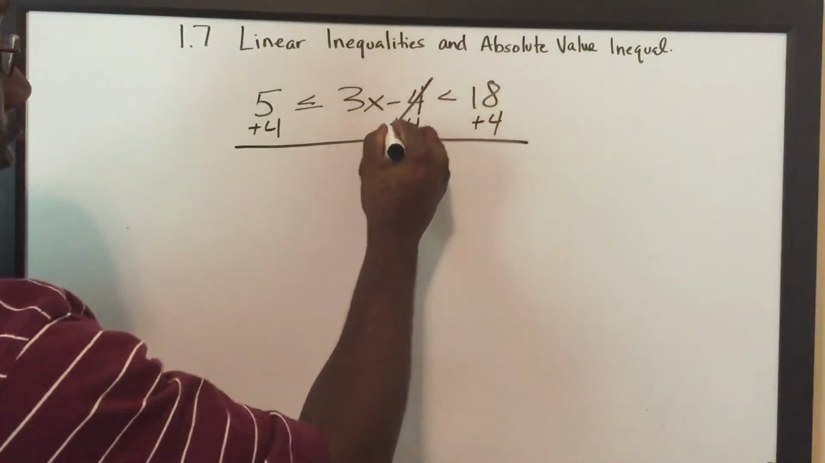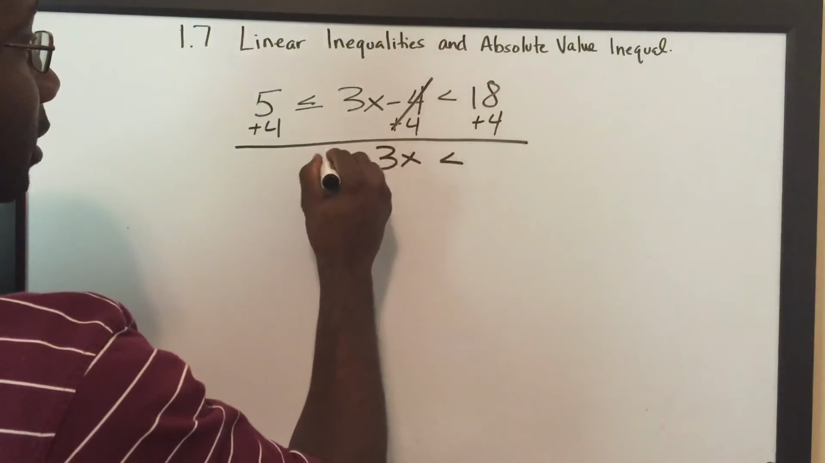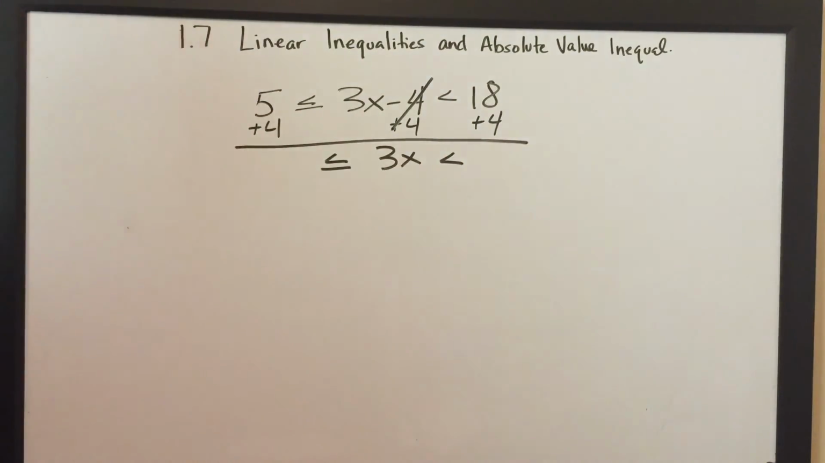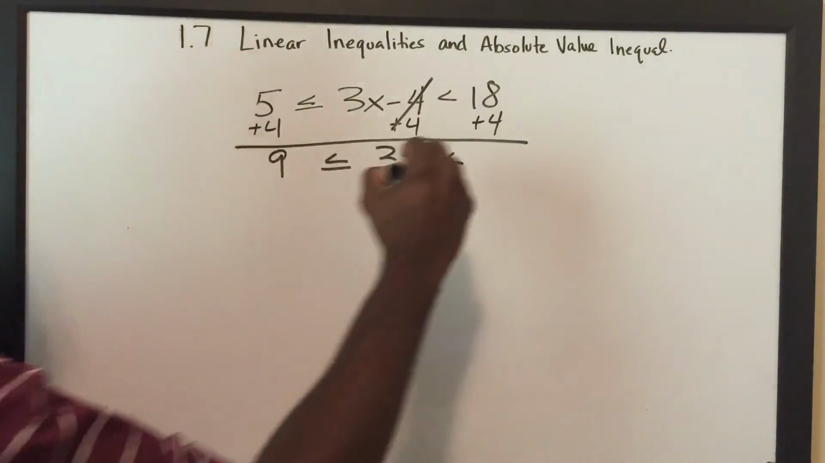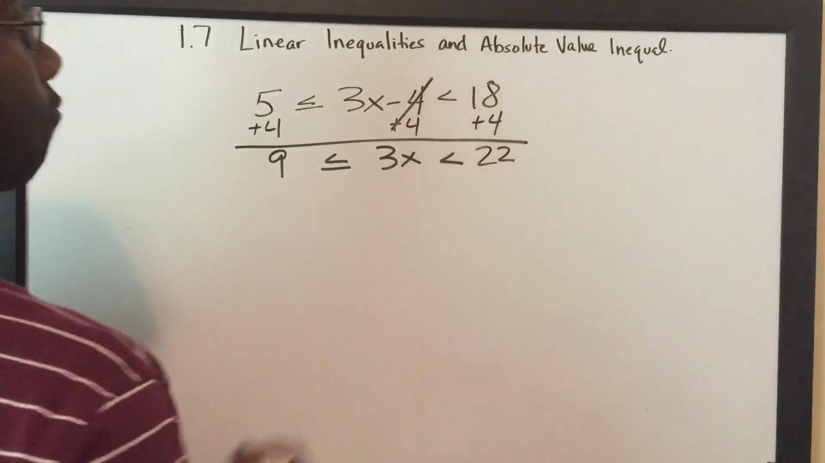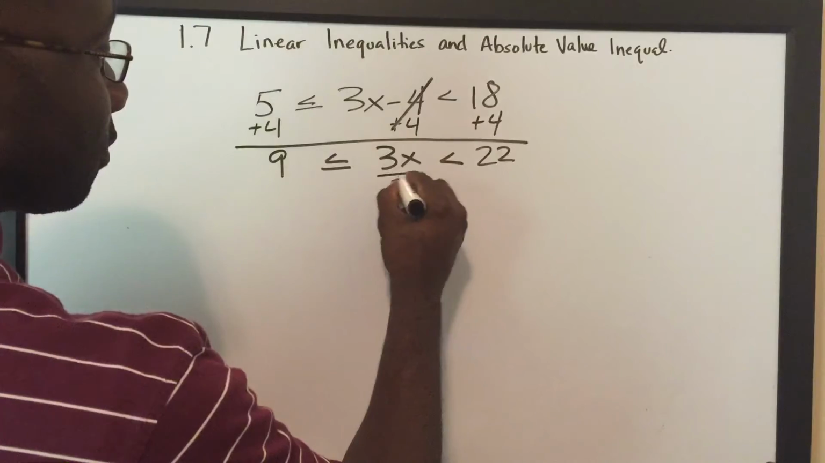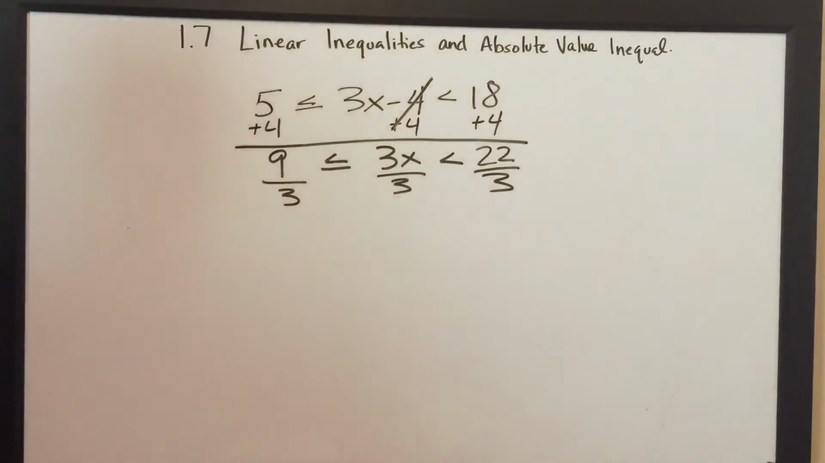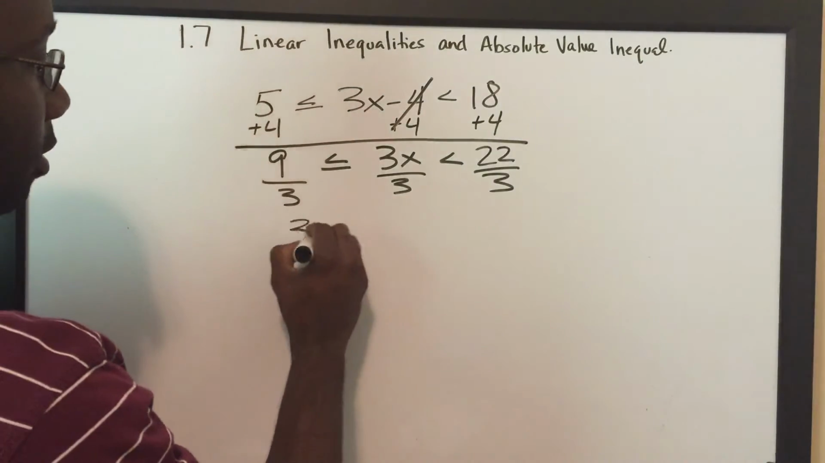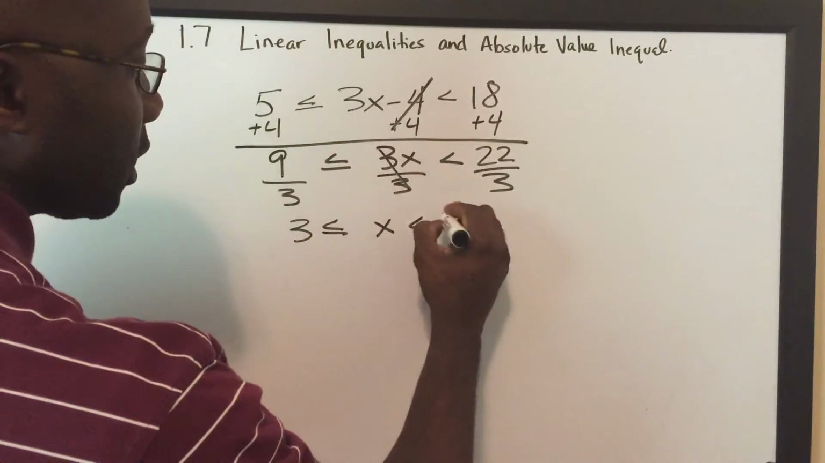Look what this is going to do. It's going to knock that 4 out. Now we just have 3x there, less than or equal to. So 5 plus 4 is 9. This right here is 22. Then divide everything by 3, because we're still trying to get this x by itself. 3, 3, and 3. So now we'll have 3 is less than or equal to x, which is less than